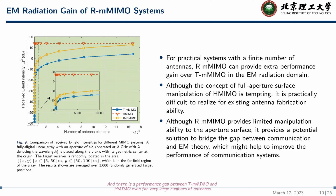And there is a performance gap between TM-MIMO and H-MIMO even for very large numbers of antennas. This is because the radiation pattern shape of a Hertz dipole antenna is not omnidirectional, but a sinusoidal function in the elevation direction. Observe that for large numbers of antennas, RM-MIMO can largely fill the performance gap between TM-MIMO and H-MIMO by adjusting the main lobe direction of each element's radiation pattern. For comparatively small numbers of antennas, which is of practical relevance, RM-MIMO can reduce the performance gap between TM-MIMO and